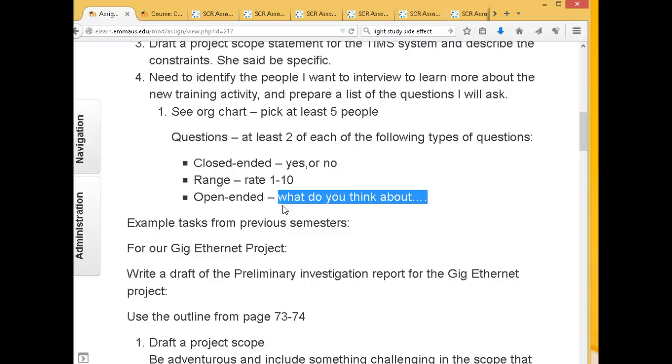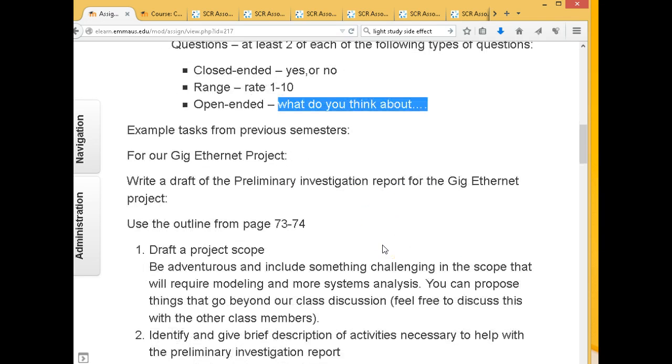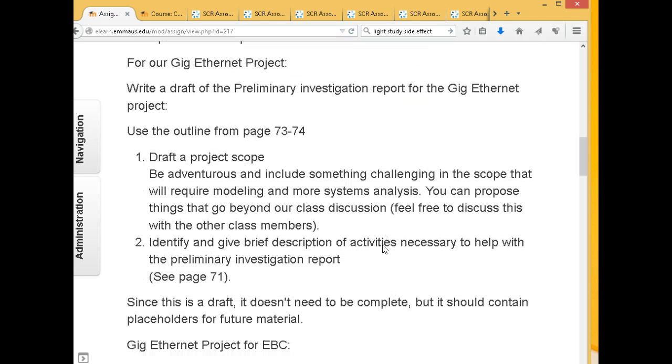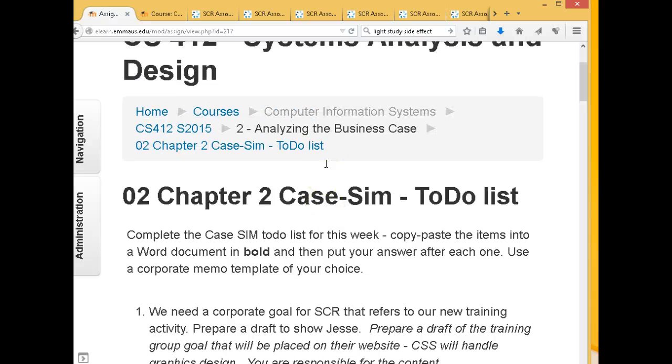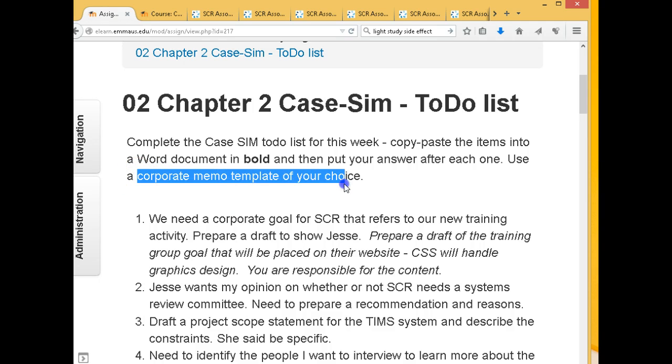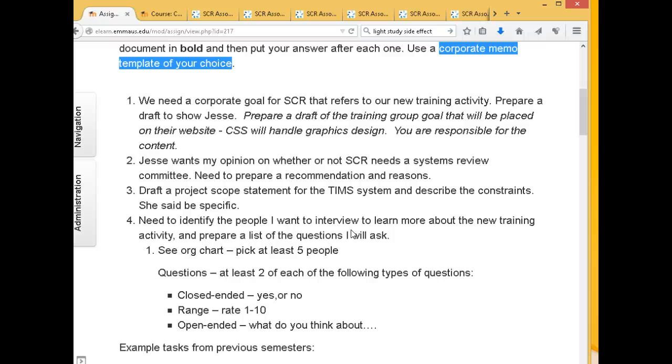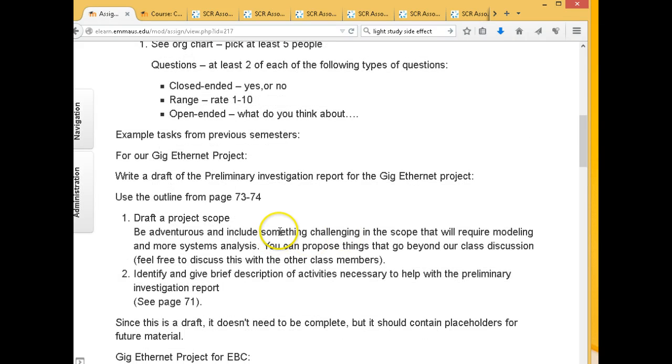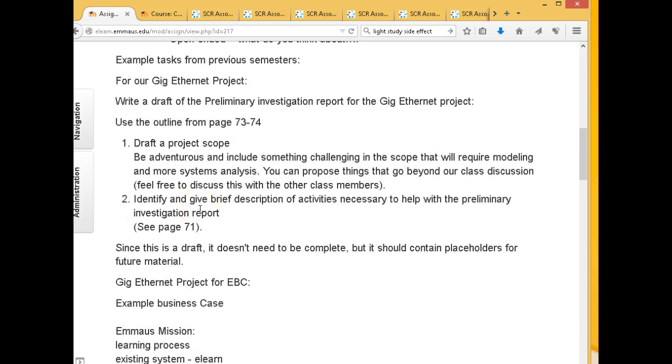So I think I'll stop the recording here. And I think the assignment clearly states what's expected here. If you want to use a corporate memo template, it makes a nice document. And I gave you some examples of what we've done in some previous courses. One time, I think this was